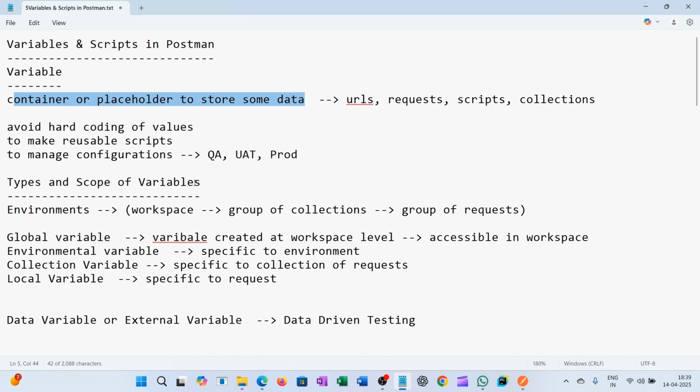Now we'll see the different types of variables. There are 5 types of variables: global variables, environment variables, collection variables, local variables, and data variables. We'll see the scope of these variables. Global variables are accessible in the whole workspace, environment variables are specific to an environment, collection variables are specific to a collection, and local variables are specific to a request. In this video we will not see data variables; we will see those during data